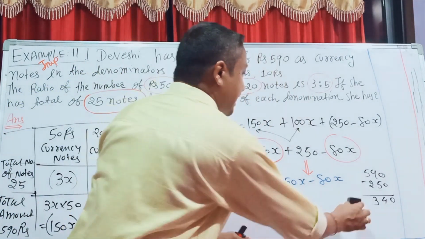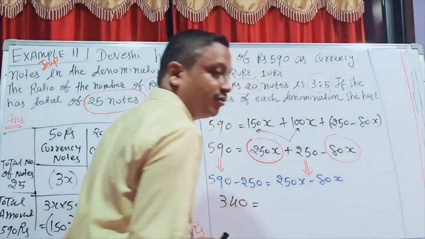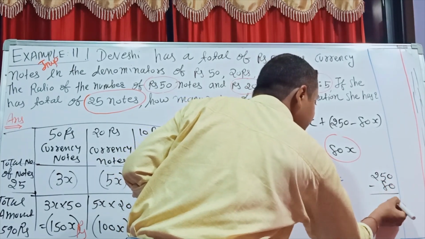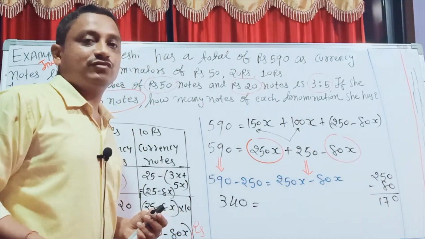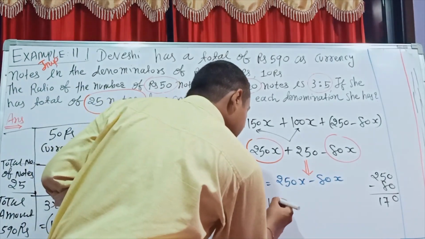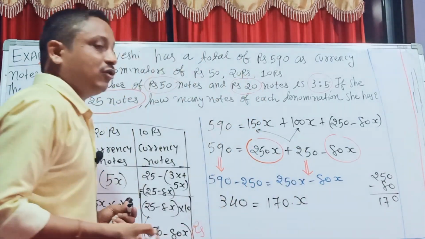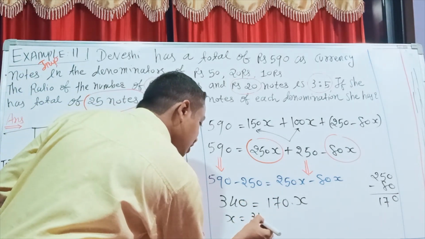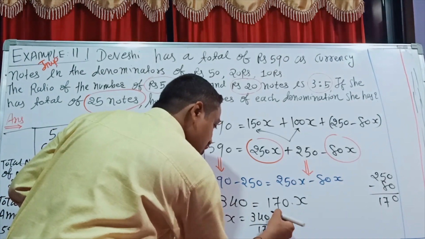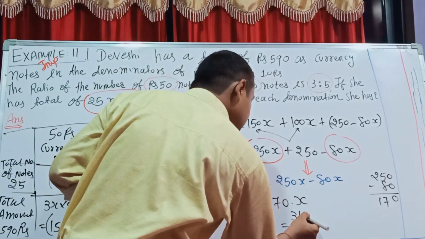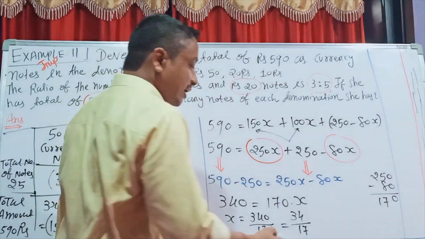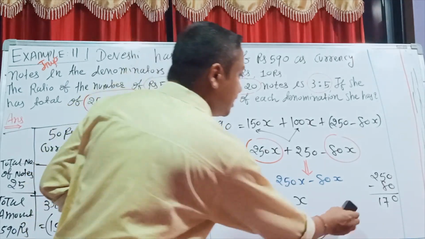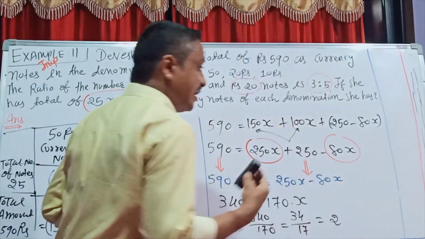And here say 250 minus 80. Similarly, students, subtract side by side. How much is 250 minus 80? Yes, it is 170. So here 170x. Now I want the value of x. So this is 340 divided by 170. So it is 340 by 170. The 0s cancel, I just get 34 by 17. One more it is cutting. 17 2s are 34. So finally students, we are done with our x value.